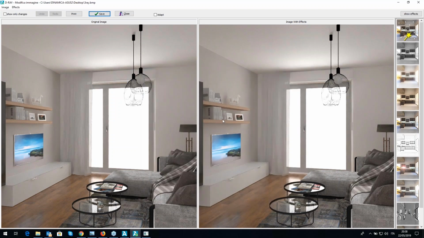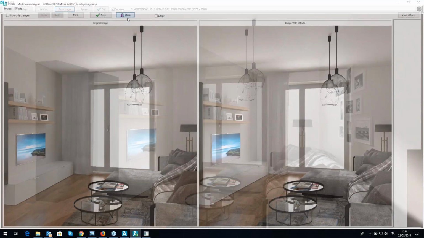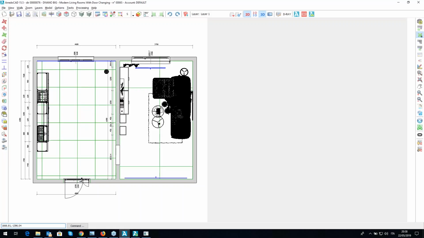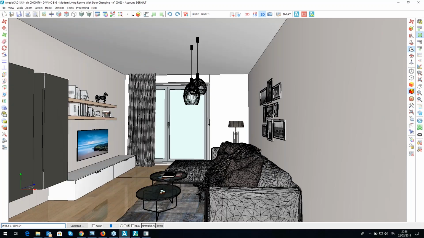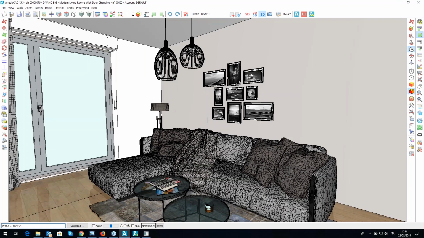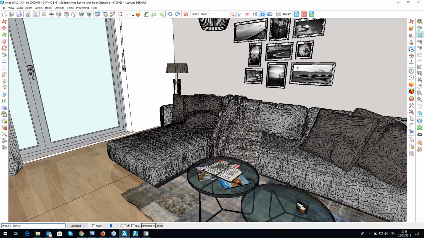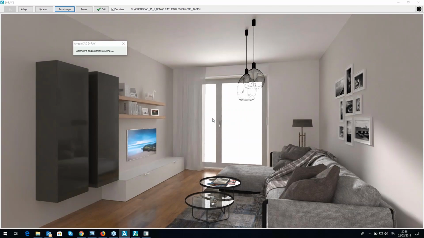I save it. Okay. And now I could change my point of view on the scene. This is very important too. So I enter again in the 3D view. Now I want to create a render with another view, for example, of this one. And again, I just have to click on Update Point of View. Press OK. Now you will see that without reloading the scene again, ArredoCAD will change the point of view and show me the new rendering